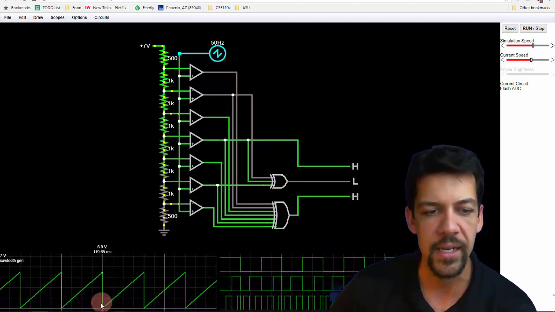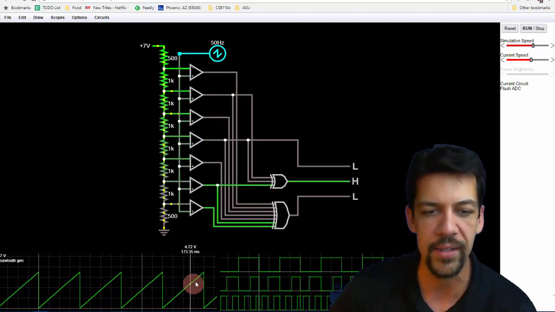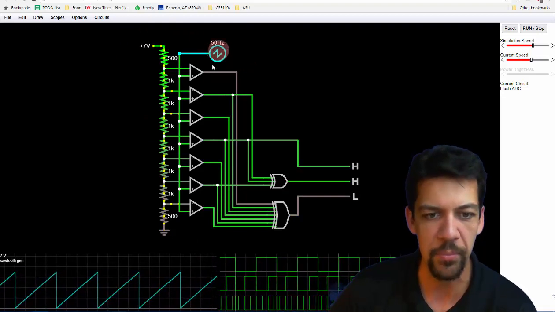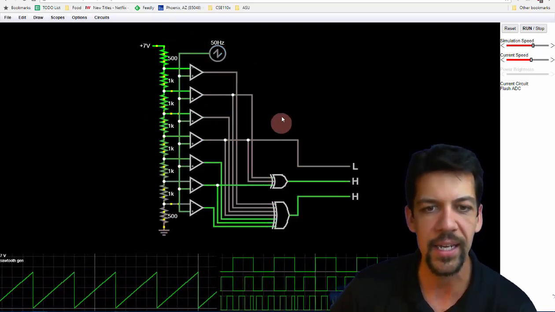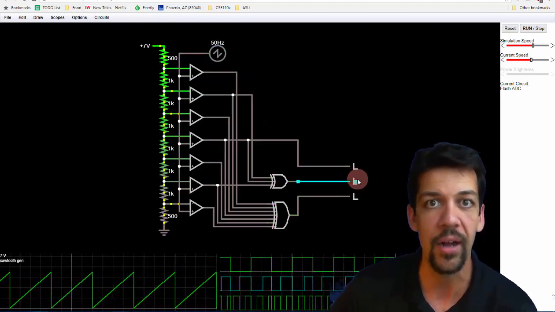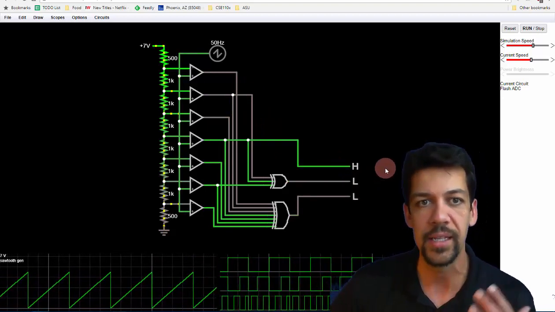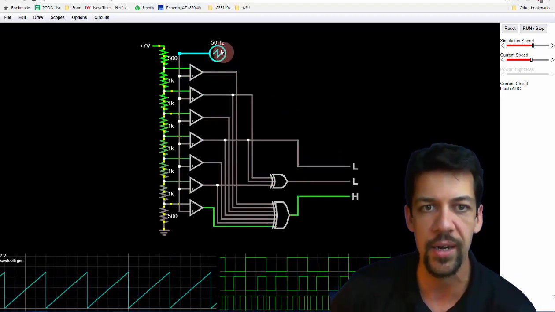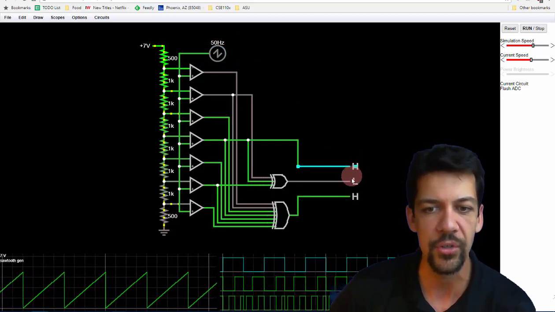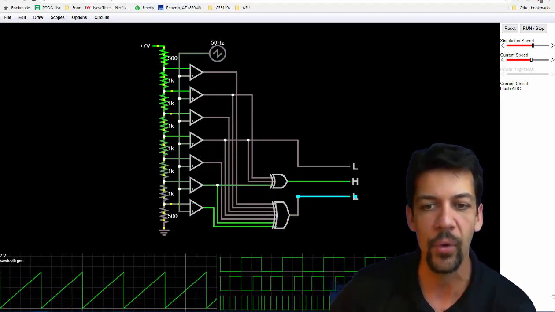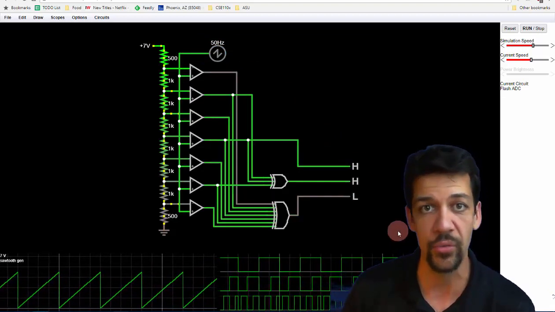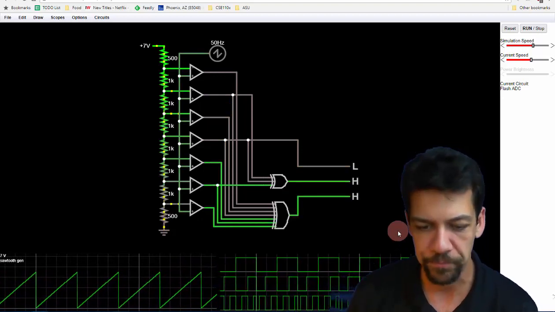So as you can see here, as the voltage rises for this input, as it goes through the spikes, the different outputs are turning on and off and immediately converting the analog voltage at the input into the encoding for that value, right? Which is really cool. Now the problem with this